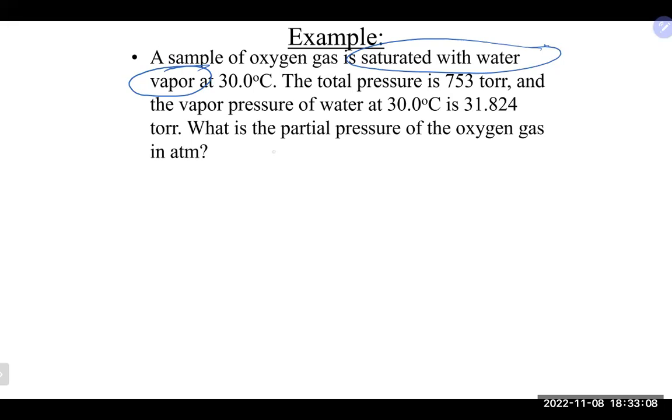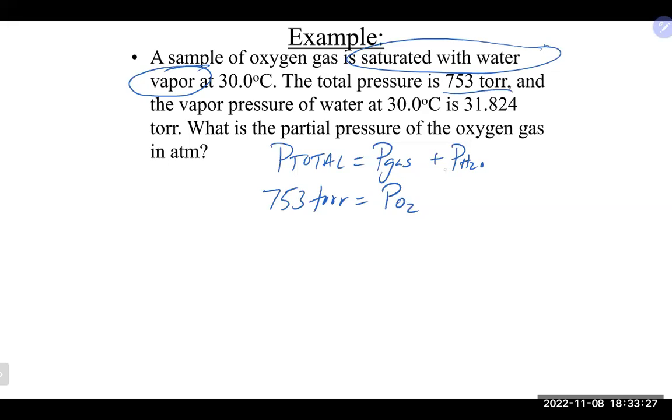That should tell you that you have this situation, where the pressure of the gas plus the vapor pressure of water is the total. In this particular case, they gave us the total pressure, which is 753 torr. We're looking for the pressure of the oxygen gas, and they were nice enough to give us the value from the table by looking it up, and that was